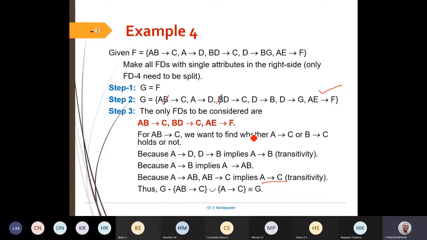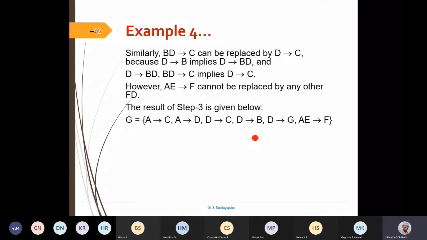Next, D arrow C, you can see here, A arrow C, AE arrow F. Now whatever I have worked out, now the remaining FDs.